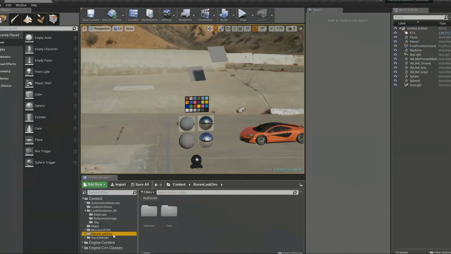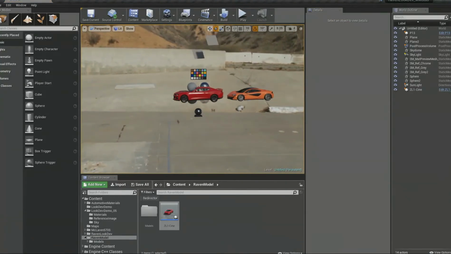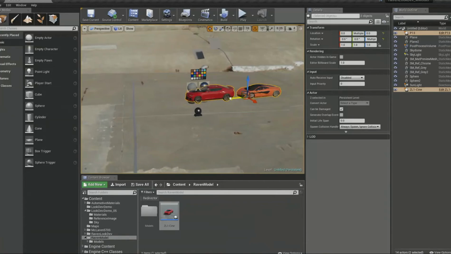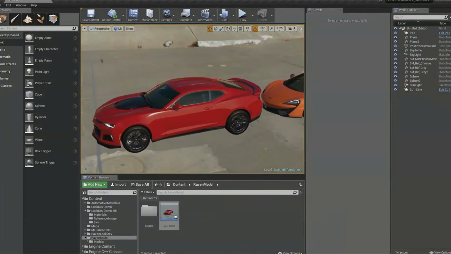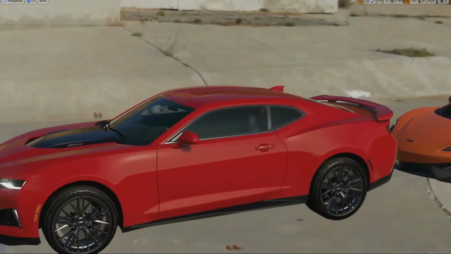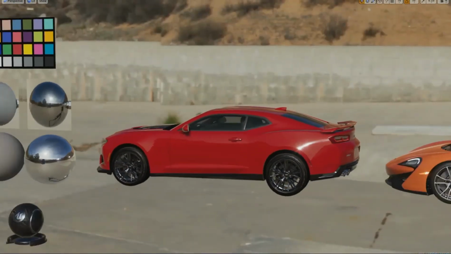Bring the car, and then there's the other one. Bring it to the center. So once your scene is set up, you can bring your asset like this, and then you can start to tweak whether the material is correct or not, what color this is supposed to be,